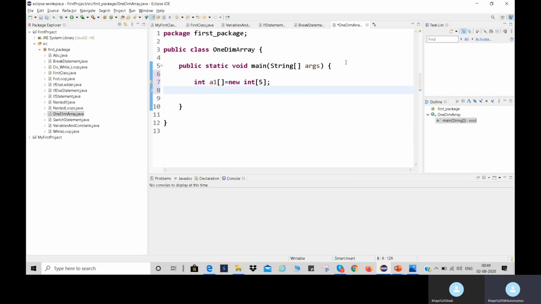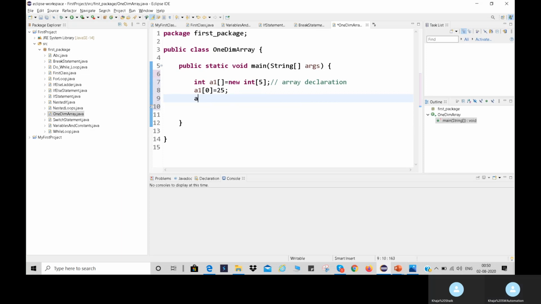This is the array declaration. Now I am storing the values into the array, like a1 of 0 is equal to 25,